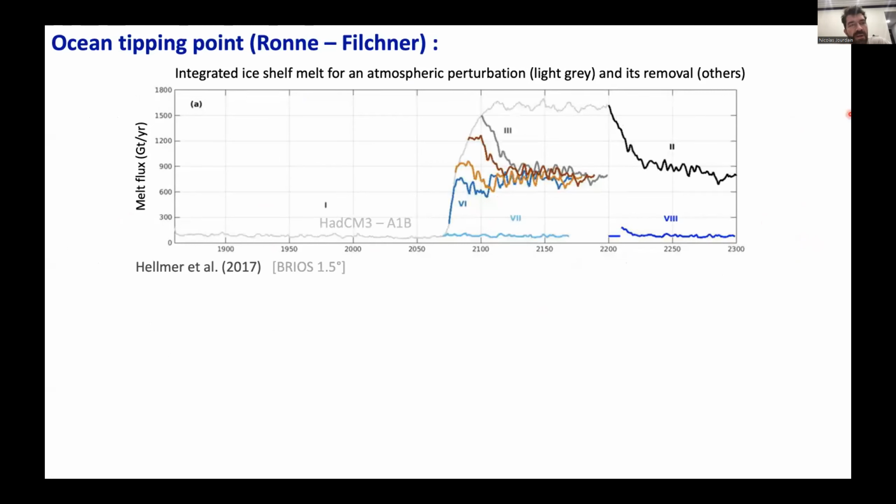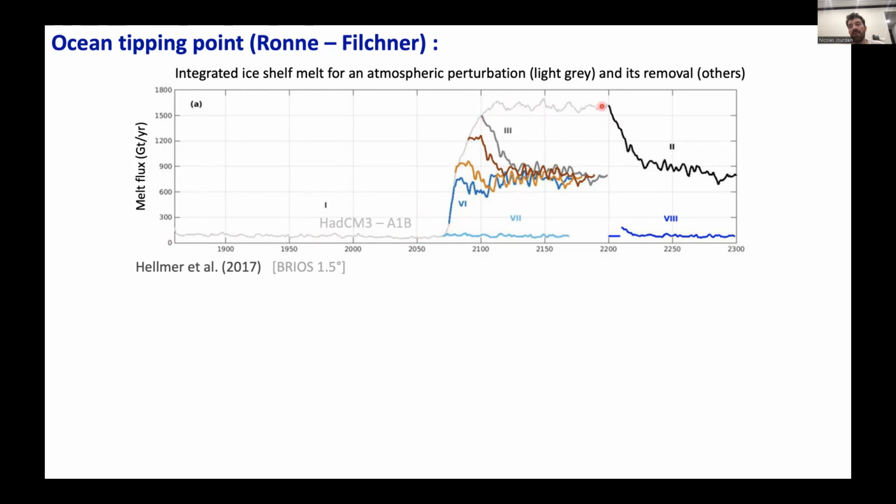This is pretty similar to the ocean tipping point that was fully described by Hartmut Hellmer in 2017. This is the evolution of the melt flux for Ronne Filchner. It's from an ocean model forced by a CMIP3 model, HadCM3, under the A1B scenario. And again, similarly to the previous plot, you have something that remains pretty flat, and at some point around 2070, you have a strong increase in melt rate, and then it stays stable